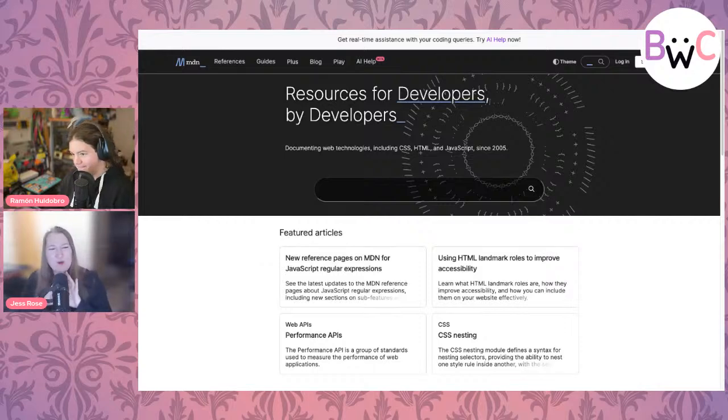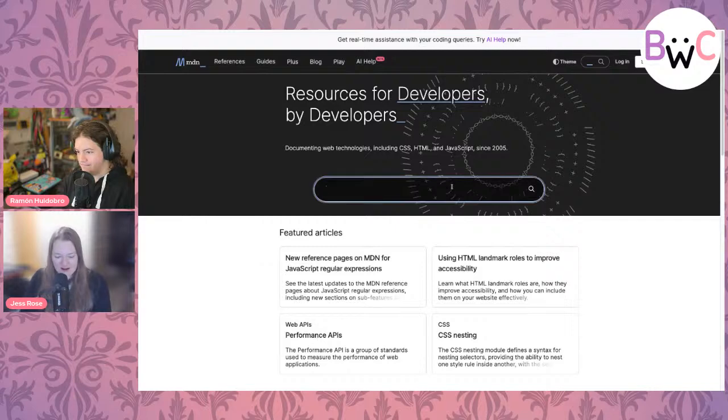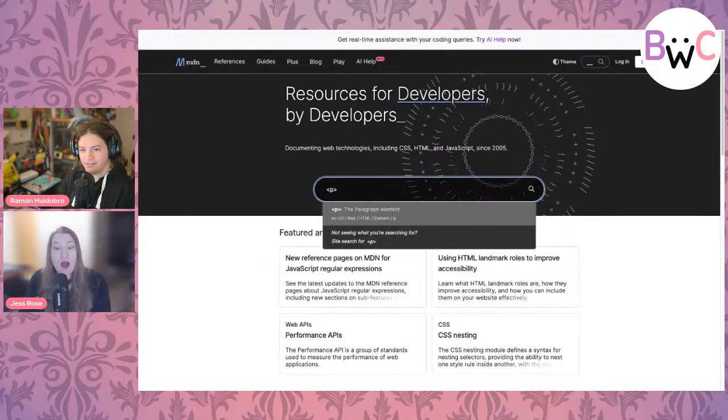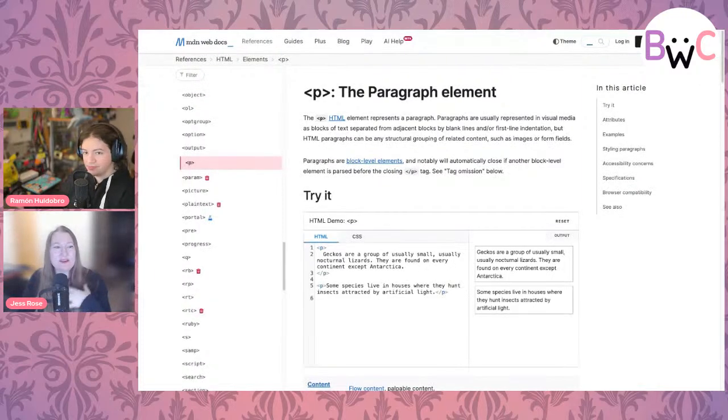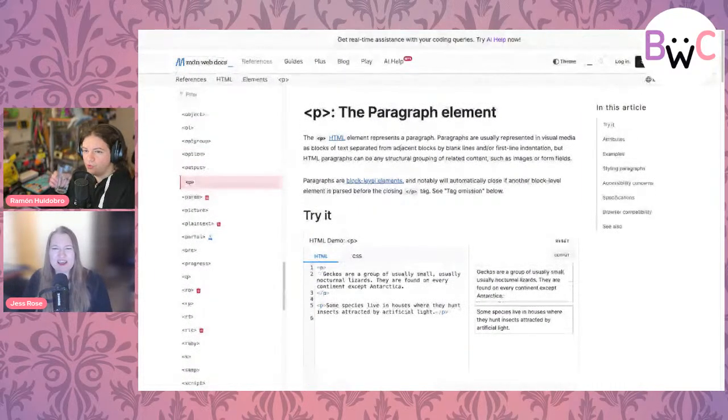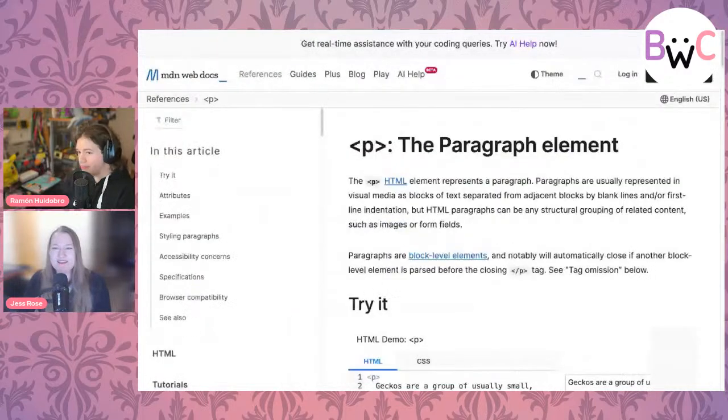And this is sort of like Wikipedia, but for web development concepts. So here, I want to look up the paragraph element. This is a really fun, really easy way to look up more information. And the first time we read some of these things, the language is a little bit technical.